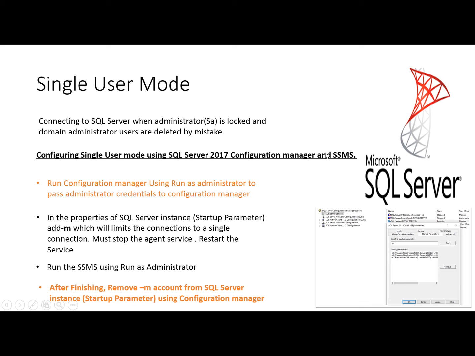When it opens, we select the SQL Server instance for which we are going to set single user mode.